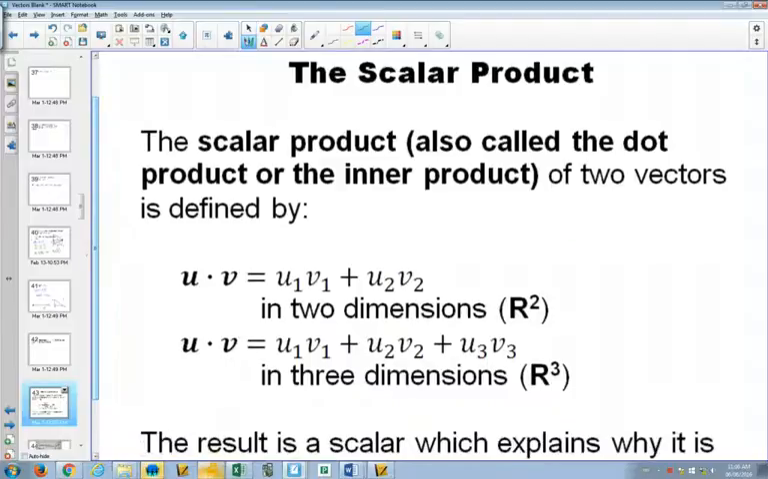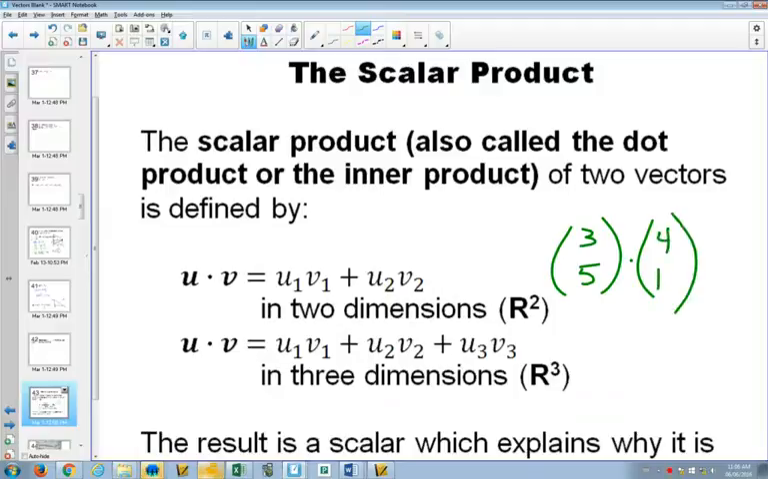So in 2 dimensions, if you had the vector 3, 5 dot product with 4, 1, you would multiply the 3 and the 4 together to get 12. You'd multiply the 1 and the 5 together to get 5 and add them together to get a dot product of 17. In 3 dimensions,